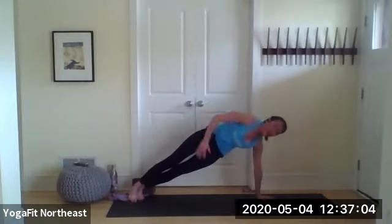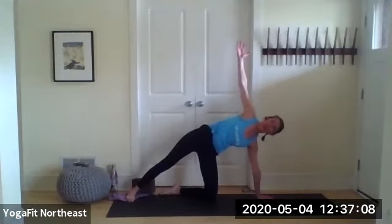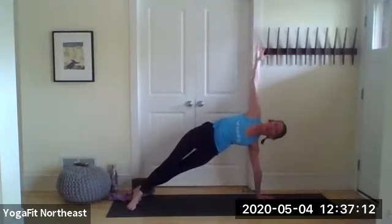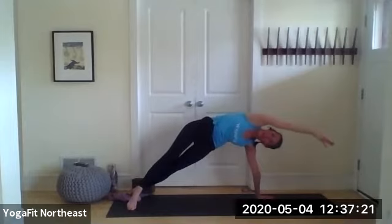We're going to rock that side plank to the left. Modifications to come onto that bottom knee. Otherwise, your feet are stacked or staggered, one in front of the other. Right fingertips to the sky, or maybe you like that little rainbow arc today. Lifting that right hip to the sky, right wing. Breathe. 3,